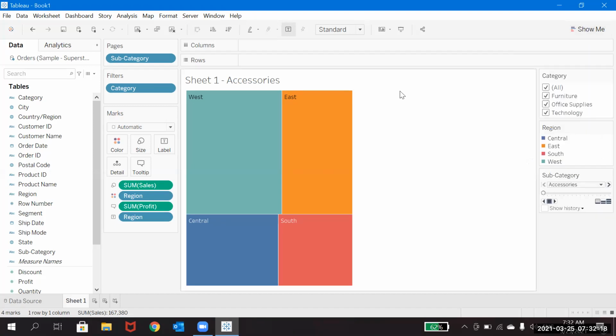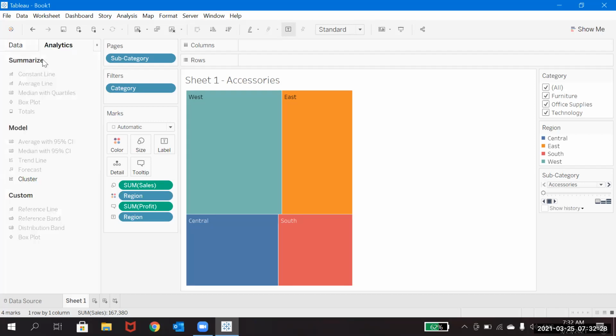Now you can observe two things here. This is the data pane, and there is something called the analytics pane. Based on the fields, dimensions and measures you have used, it will enable all these items.